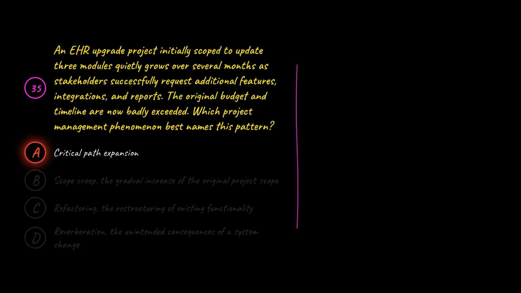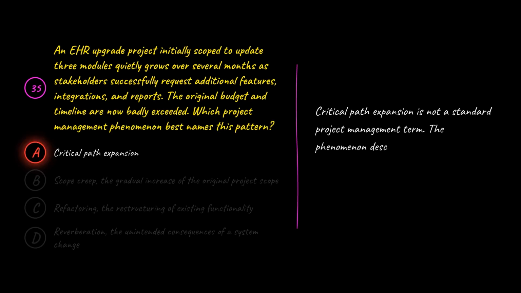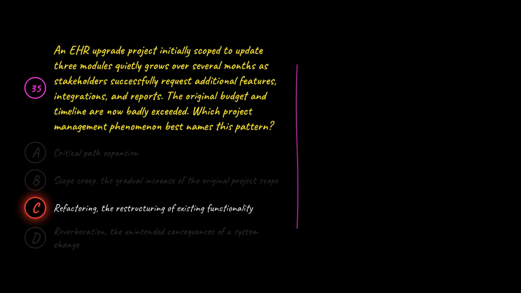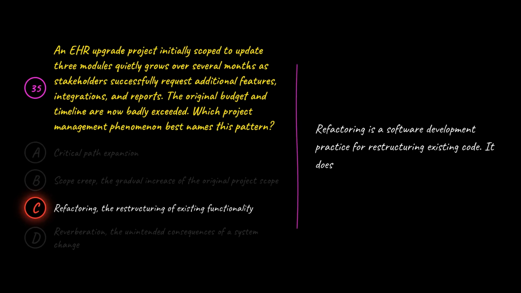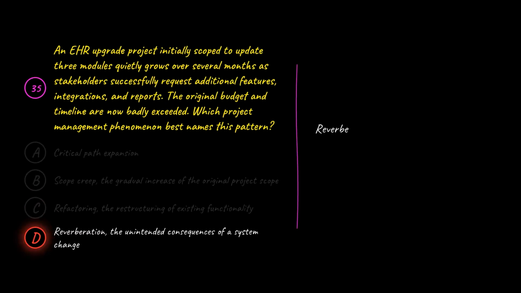A is wrong because critical path expansion is not a standard project management term. The phenomenon described is uncontrolled scope growth, not a redefinition of the critical path. C is wrong because refactoring is a software development practice for restructuring existing code. It does not describe project scope expansion. D is wrong because reverberation refers to ripple effects of a system change, not to gradual scope growth on a